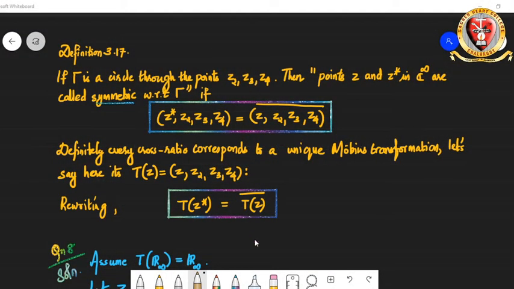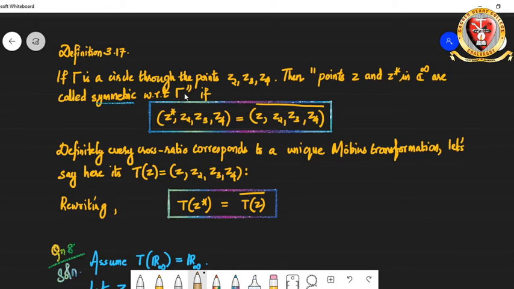Hello students. In today's video lecture, let's see how we can define 2 points in the extended complex plane to be symmetric points with respect to a circle gamma. Suppose you are fixing a circle and the circle is passing through 3 points z2, z3 and z4. Then 2 points Z and Z star in the extended complex plane are called symmetric with respect to the